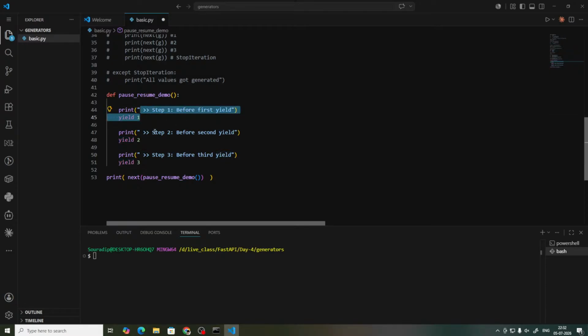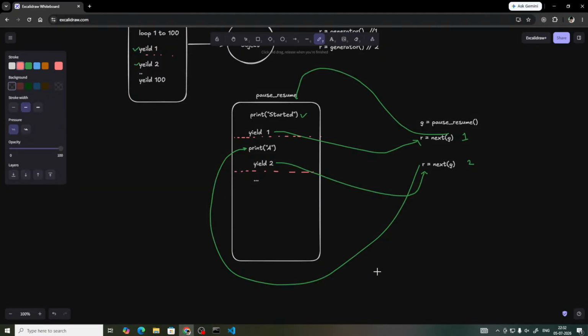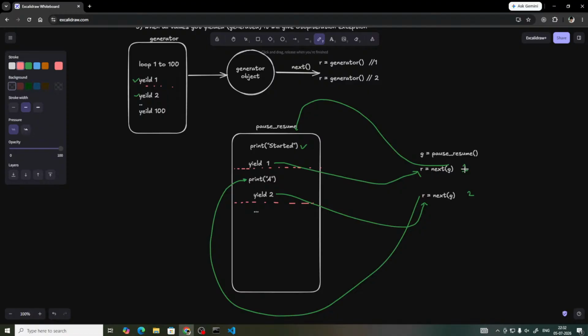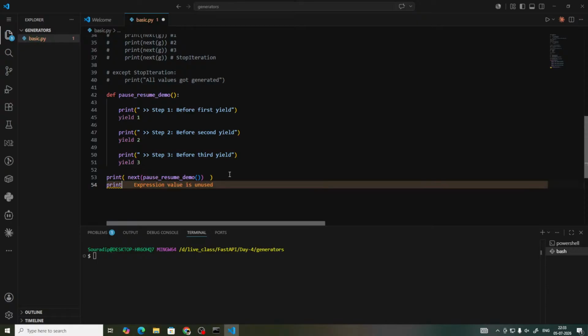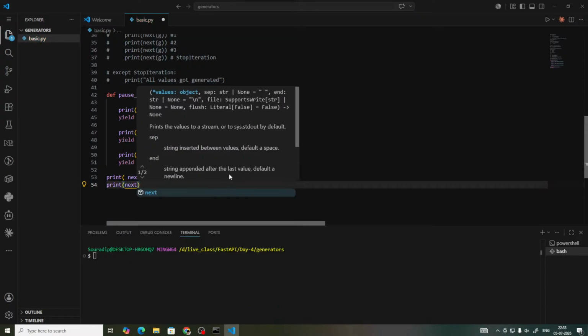This will also print. But see, yield is also a concept, right? Whenever I am calling next on the generator function, it will print from the starting, and yield will also get returned. So think of yield as a return statement. This value is also getting returned, and this will also print. So both will print. Next time it will print like that. So if you do the next statement,